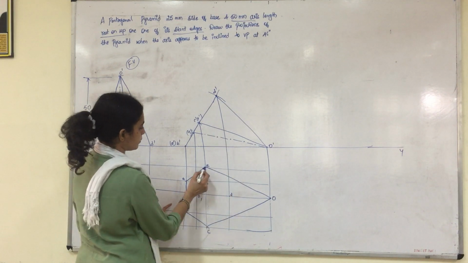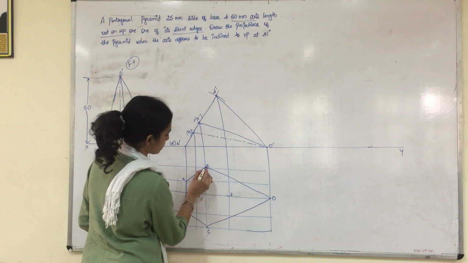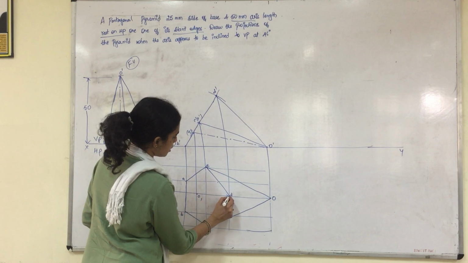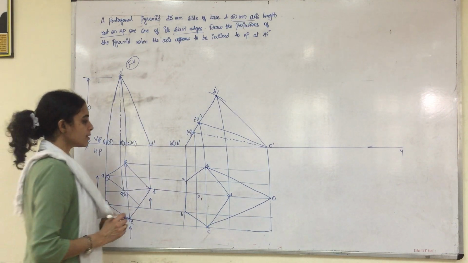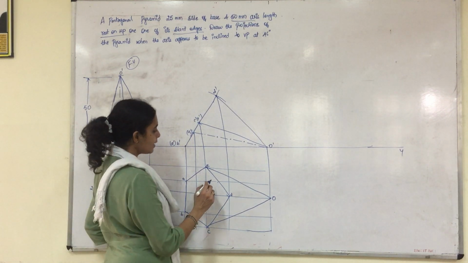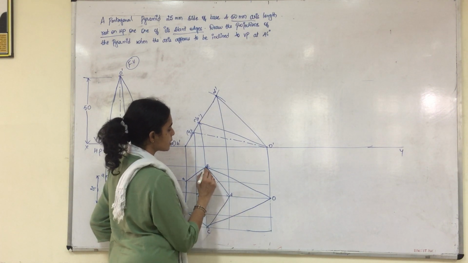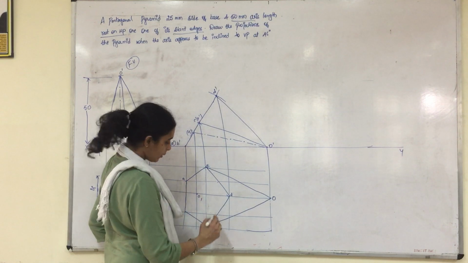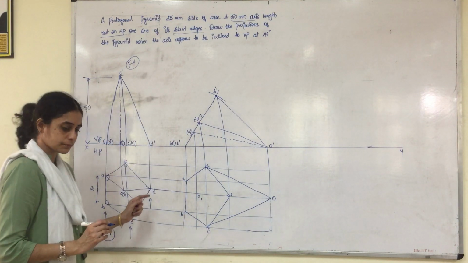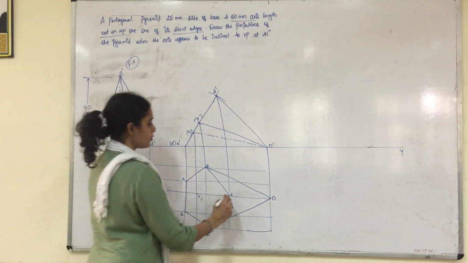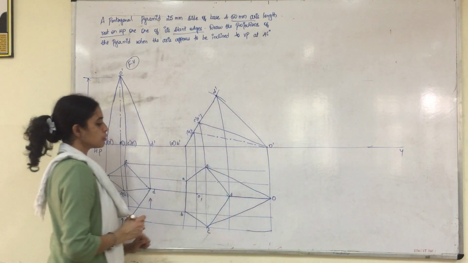Projection of T. Join E to D and D to C. Once this is done, I told you that the projection coming through the corner of the outer surface will be visible. So E to O is joined already, C to O is joined already. So we need to show the projection from D to O. Please show the projection from D to O.